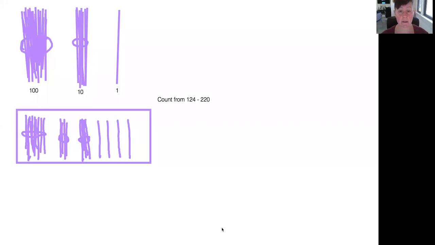Hey guys, so Module 3, Lesson 2 today, we actually are going to be working on counting between 100 and 220. In the example I gave you here, we're actually pretending that we're using bunches of straws. So if you can imagine these bundles that I have here,